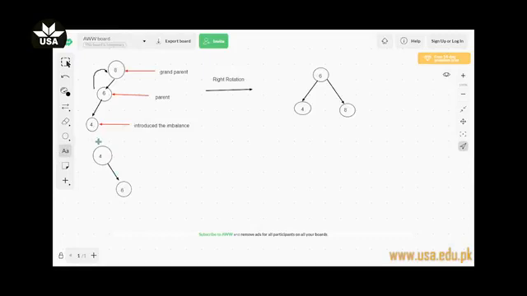Now the value to be inserted is 8. Again, starting from the root node, the value is greater than the root, so we move towards the right side. Again, the value is greater, so we will again move towards the right side. In this case, the value is inserted as a right child of the node which contains the value 6.